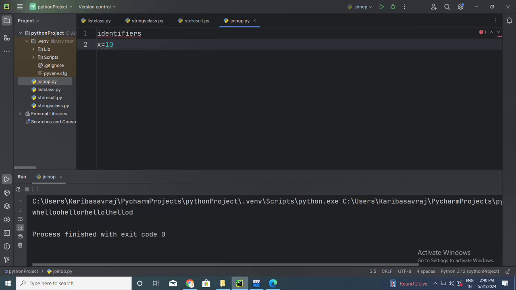Now variables. A variable is a memory location. Let us take memory x and input a value. Input, enter a string.